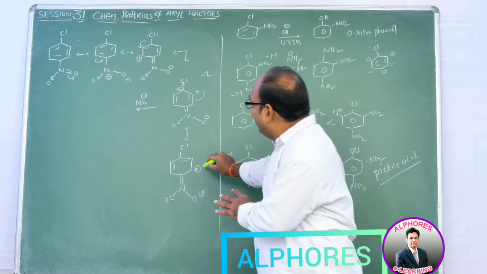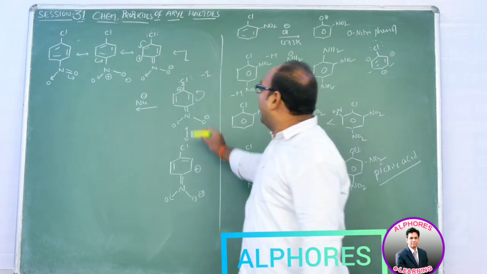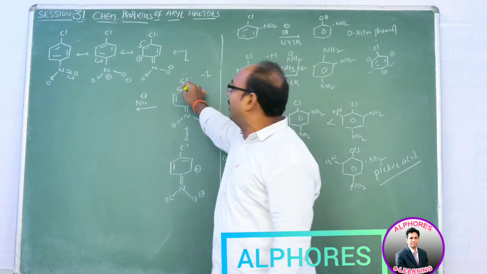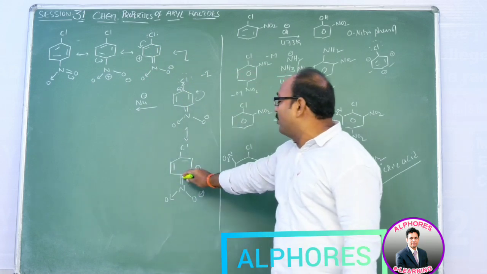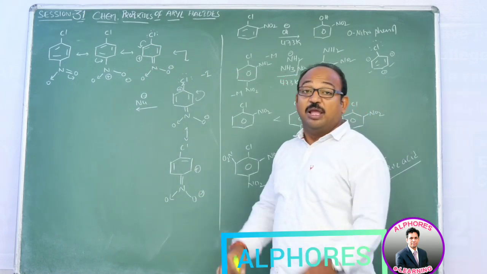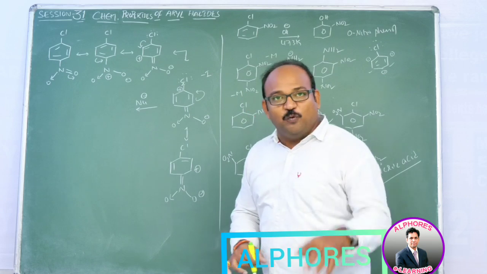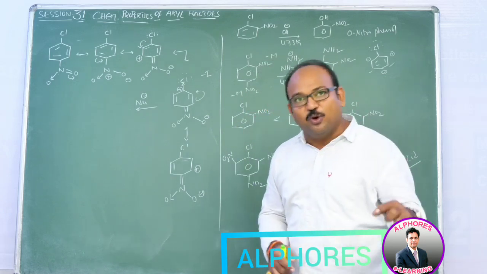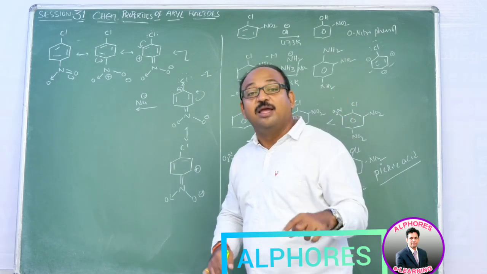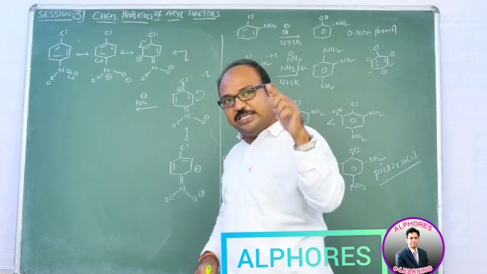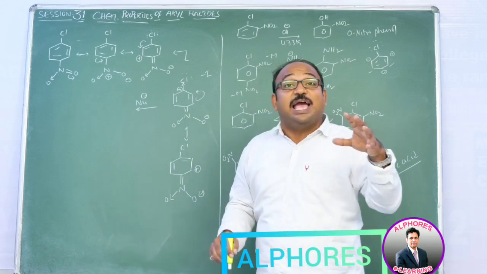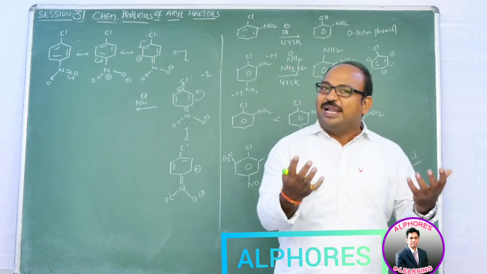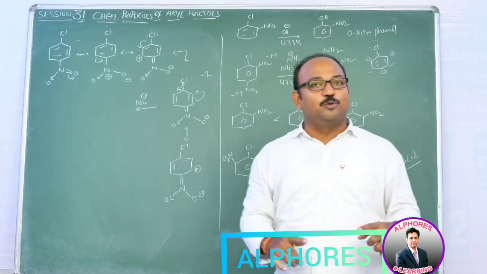So here we can see a total of 3 positive charges, with respect to the chlorine-containing carbon and the NO2 group-containing carbon, adjacent carbon, here also the NO2 group-containing carbon, adjacent carbon. But what happened? The nucleophile prefers to attack that particular carbon which is attached to the halogen, because this is the positive charge which arises because of the minus M influence of the NO2 group, right?